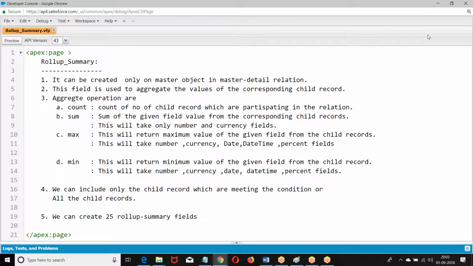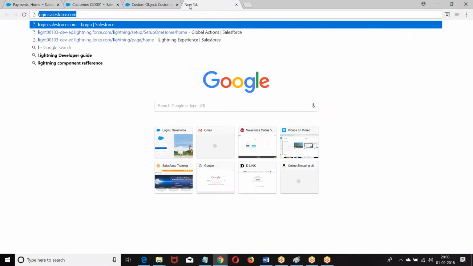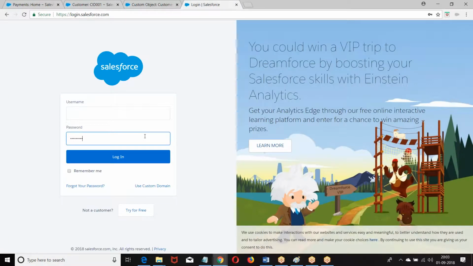Now you are entering a password. While you are entering a password, how is it shown? ****. But internally in the table, how is it stored? Satish only. While you are entering, it will store. Now, if I open your password, it takes a year. But when it is saved to the database, Satish will be saved. So in the database, it is saved in the original format only. While you are typing only, it is hidden.